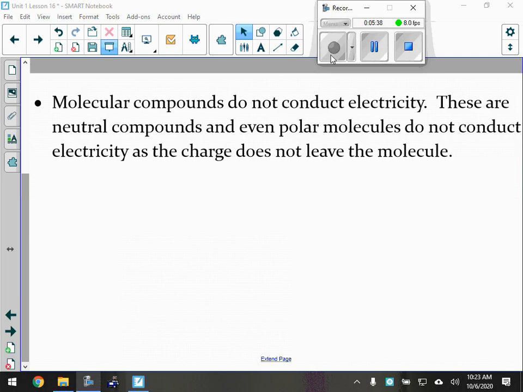Okay, so the key here is this. First of all, molecular compounds do not conduct electrical current ever. Solid form, no. Liquid form, no. Put a molecular compound into water, no. It should not conduct ever. In no way, shape, or form should it conduct electricity. Never. So that's a pretty big difference from the other ones, right? Make sure you know those things that we talked about here. They're really important.